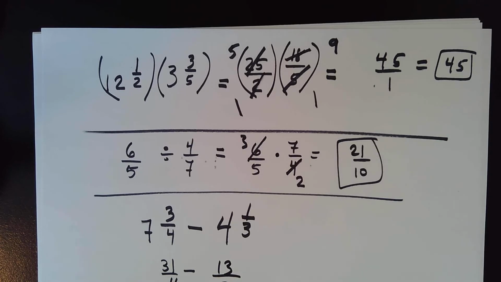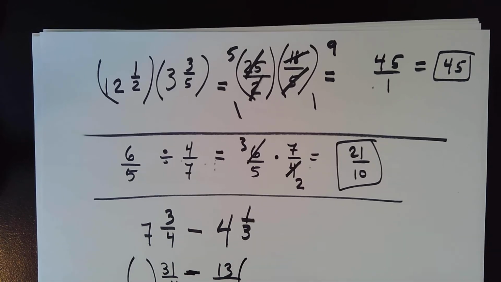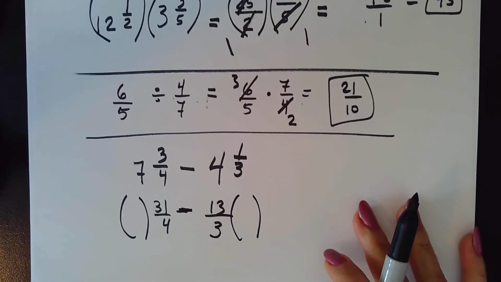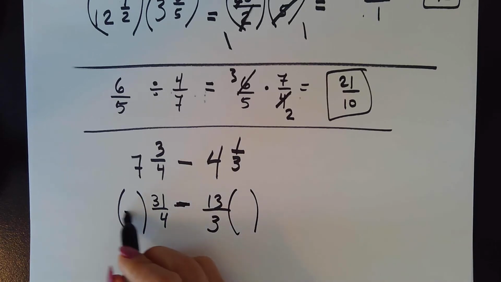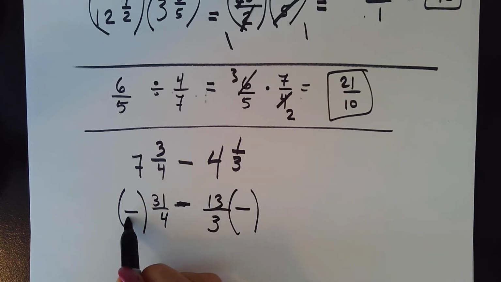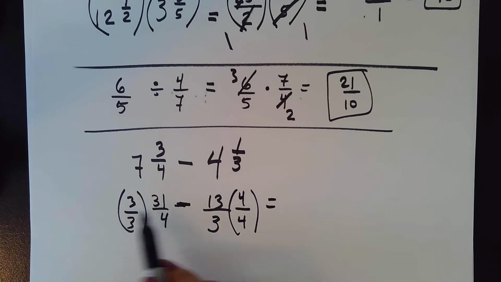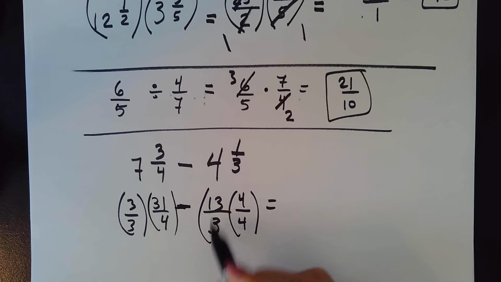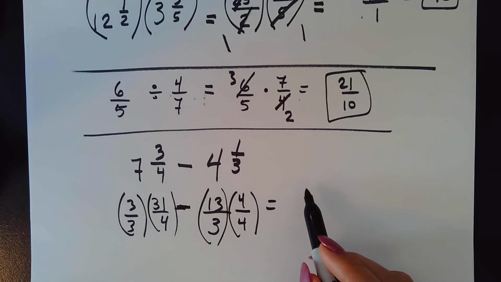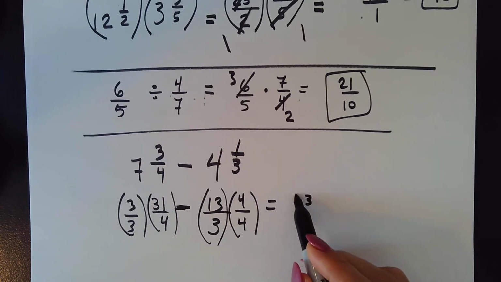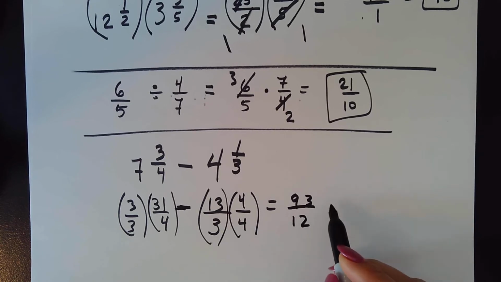right? Then from here, change this so that you have a common denominator, the least common denominator, correct? Let me raise the paper a little bit. And then to do that, you multiply 4 times 3, 3 times 4, correct? And then you go ahead and multiply the two fractions here. That's going to be 3 times 1 is 3. 3 times 31 is 93 divided by 12 minus